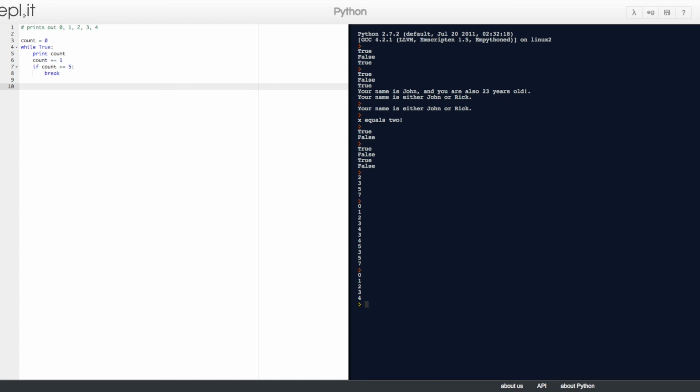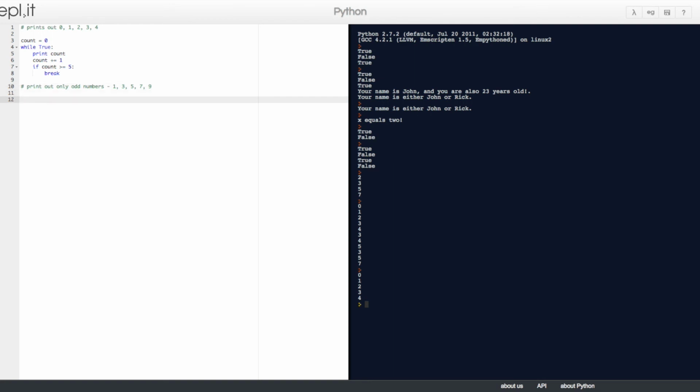And the other example. Print out only odd numbers, which will be 1, 3, 5, 7, and 9.